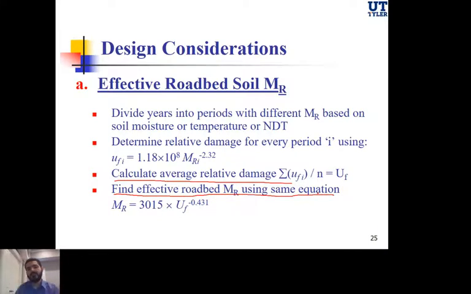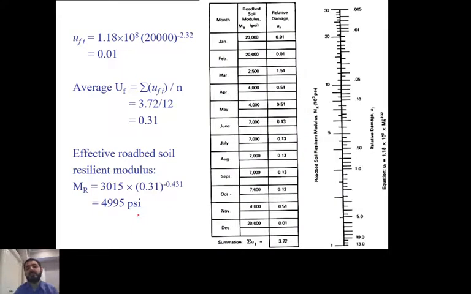it's flipped. So now I'm having the resilient modulus on one side and the damage on the other side. So if I get the average relative damage, which is again the summation of all the months over 12, raise it to the power minus 0.431 times 3015, I'll be able to get what we call the effective roadbed resilient modulus for this soil. Let's have here an example so everyone would be on the same page how to understand